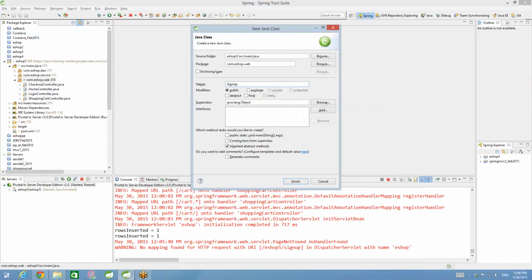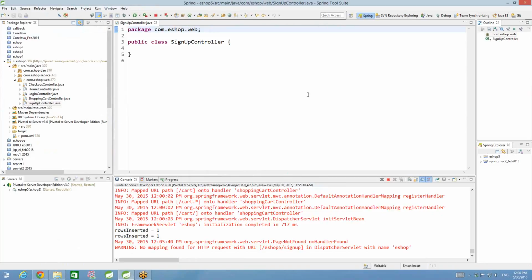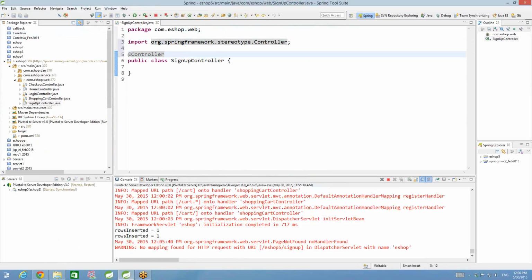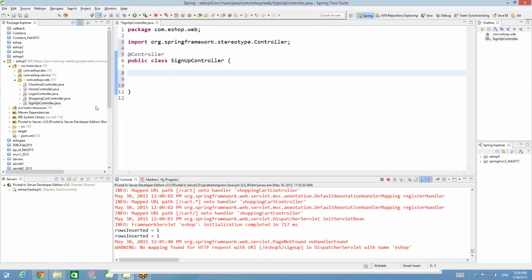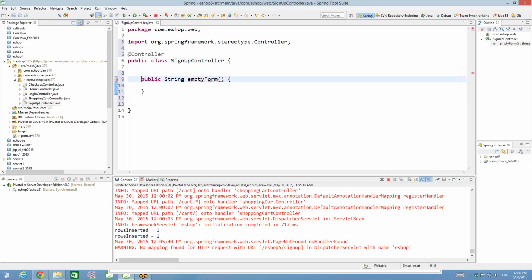Sign up is one word or 2 words? Sign up controller, and then I'll say add controller, right? Probably this is the longest coding session that we have had in recent days. Is that right? We wrote a lot of code today, right? Now, public string empty form, I believe, empty sign up form. If somebody calls me with /sign up,